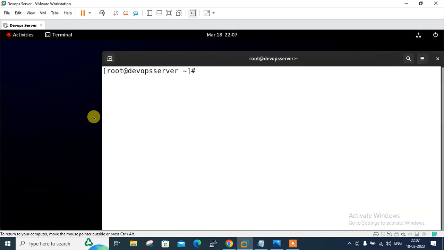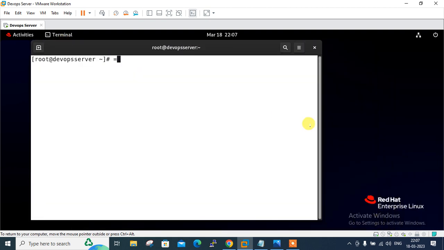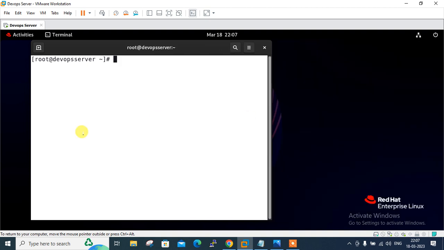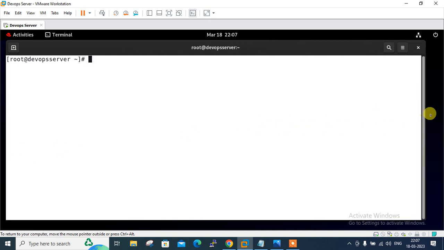Let me set a good font size for you. Let me increase the size of the terminal window. Here it is. Okay, now go with ansible-galaxy